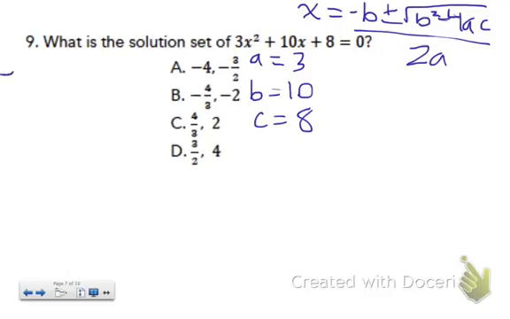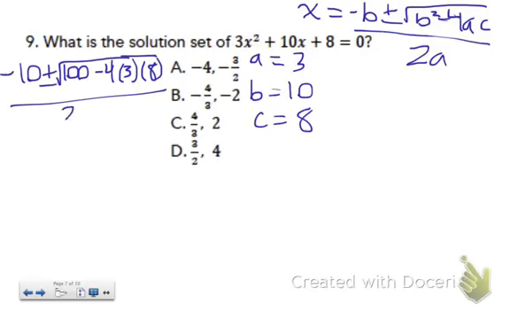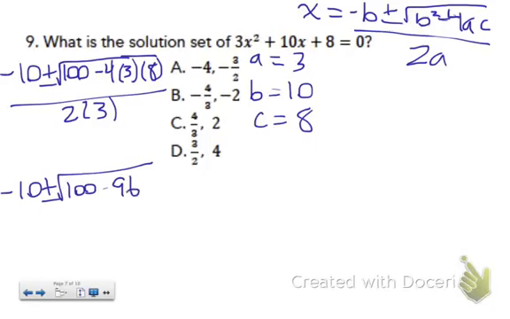And now I'm just going to plug it in. So I get negative 10 plus or minus the square root. 10 squared is 100, minus 4 times 3 times 8, all divided by 2 times 3. So negative 10 plus or minus the square root of 100 minus 4 times 3 is 12 times 8 is 96. Divided by 6, 100 minus 96 is 4, so I get negative 10 plus the square root of 4 over 6,